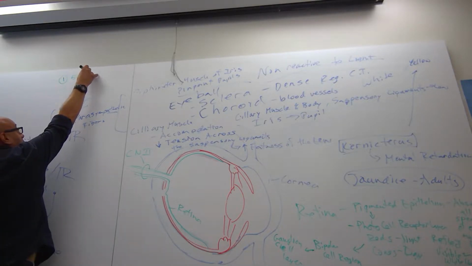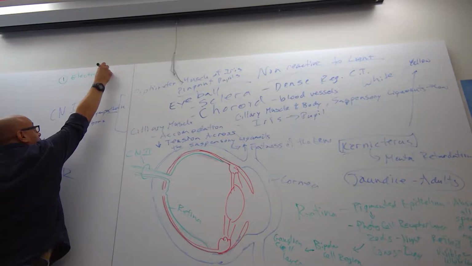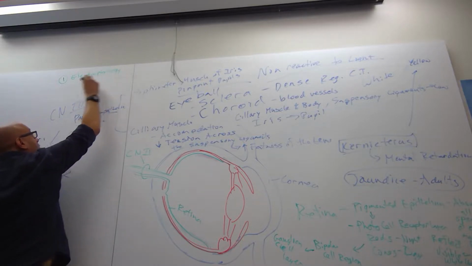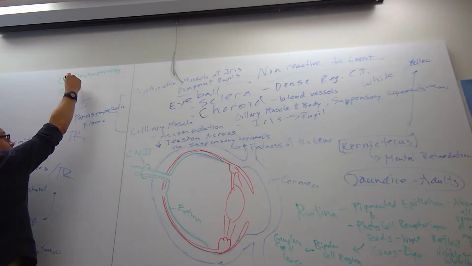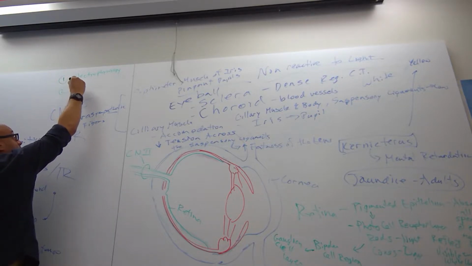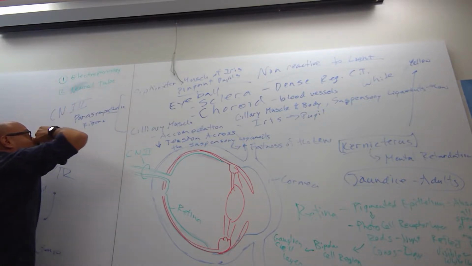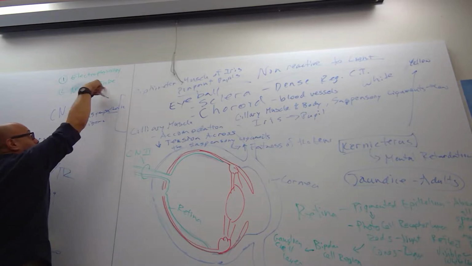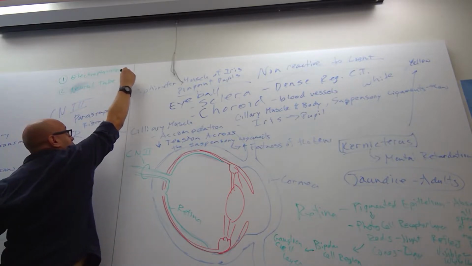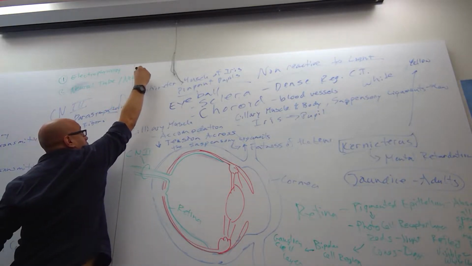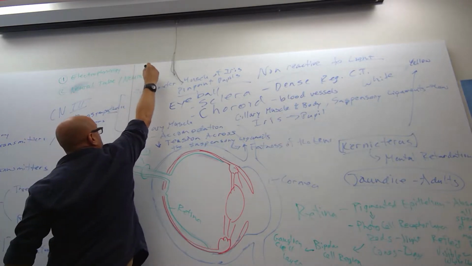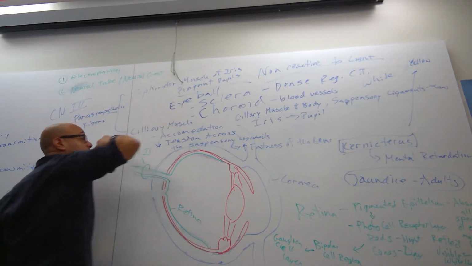1, electrophysiology. 2, you should know how neural tube develops versus neural crest. So you should know what comes from neural tube versus what comes from neural crest. And